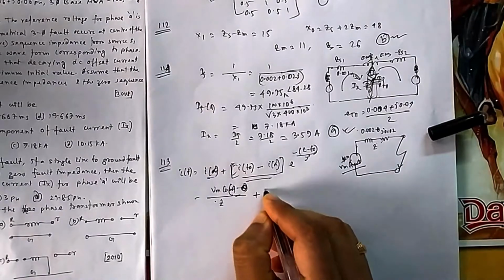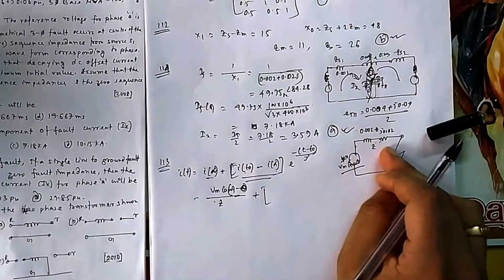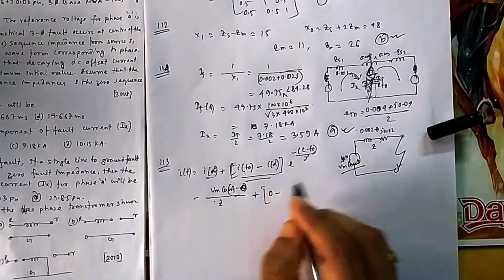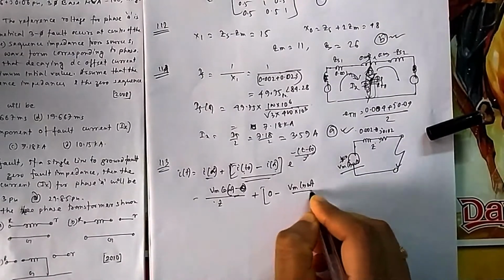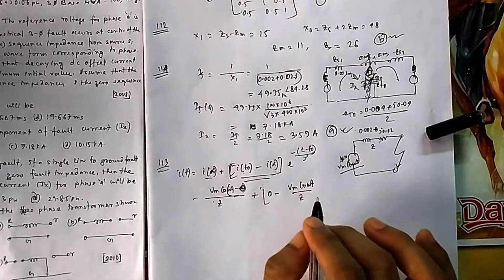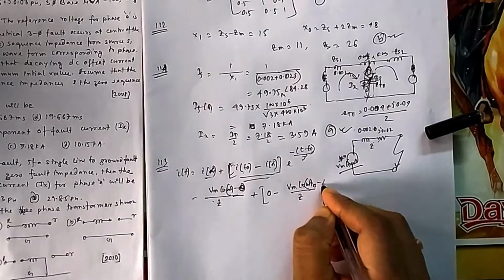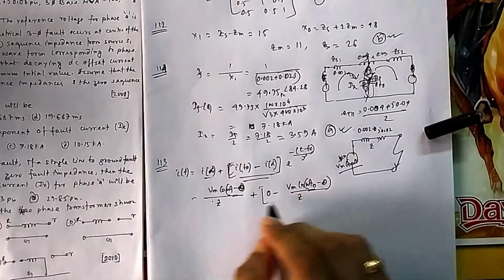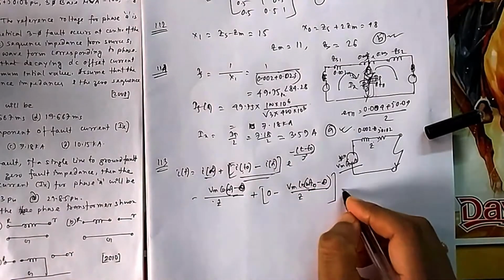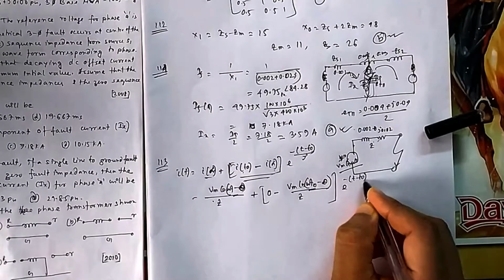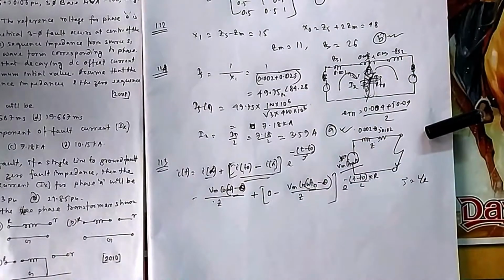And here also, at t0, just when you switch it on, the inductor will look like an open circuit, so no current will flow through this. So that initial value, when you just switch it on, will be 0. And it is also V cos omega t by Z, but it is not t here. That's the change here in AC. You remember at t0 it should be omega t0 minus theta. Again, not omega t, it should be omega t minus theta at infinity. But this is actually e to the power minus (t minus t0) by tau. And what is tau? It is L by R. R is this one, L is this one, all these values.